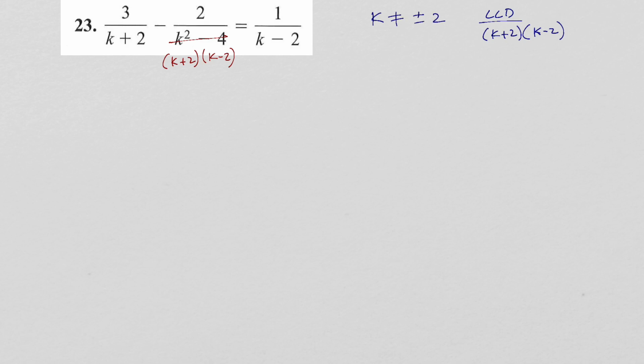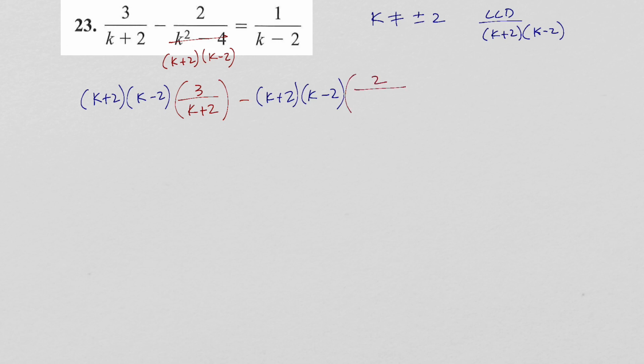All right, so now let's take the denominator, and I'm going to multiply by the first fraction, and I'll take that denominator, and I'll multiply by the second fraction, equals, and I'll take that denominator, and I'll multiply by the third fraction. And then let's start canceling. Here I have k plus 2 cancels, so I'll take the 3 and distribute it through, and we'll get 3k